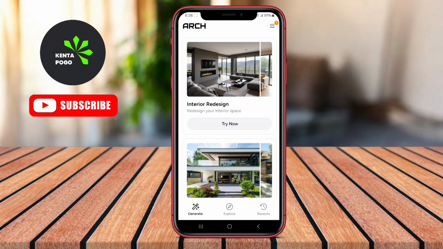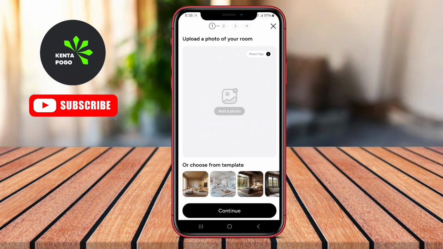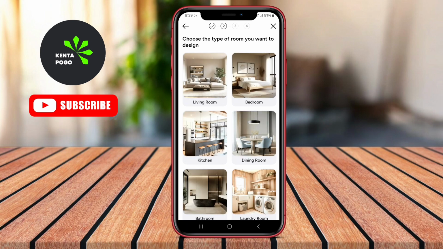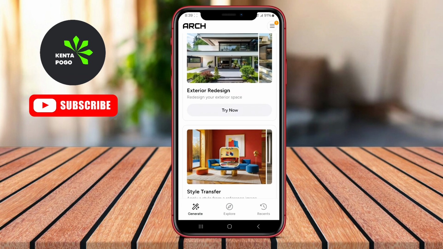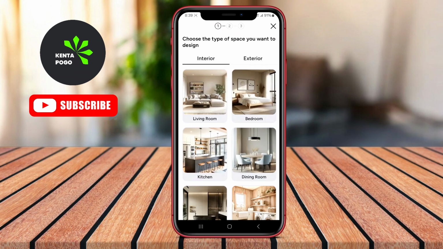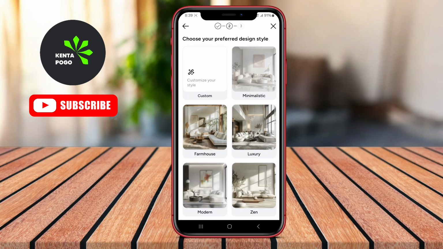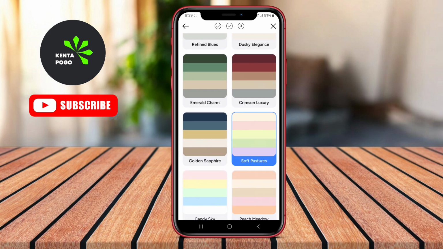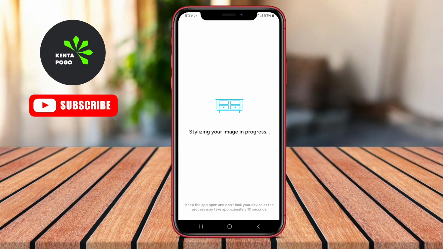AI Home Design is an Android application that leverages artificial intelligence to assist users in creating and visualizing home interior designs. This app allows users to explore various design styles, room layouts, and color schemes tailored to their preferences. Typically, AI Home Design features user-friendly tools for 2D and 3D modeling, enabling users to experiment with furniture placement, decor,